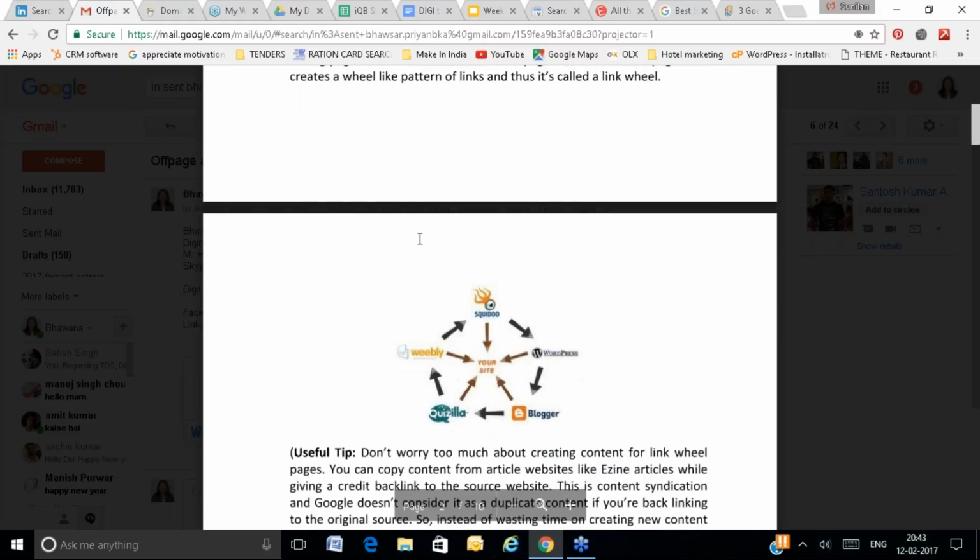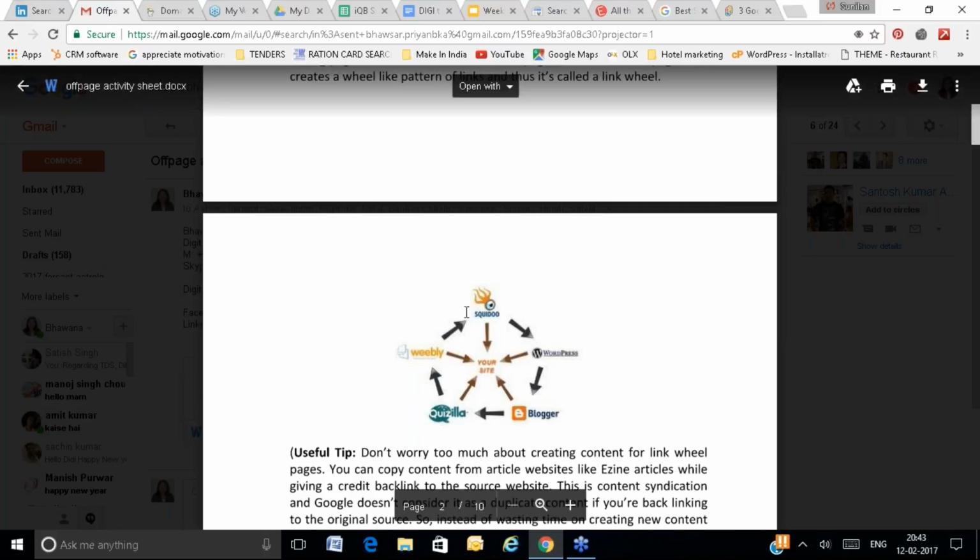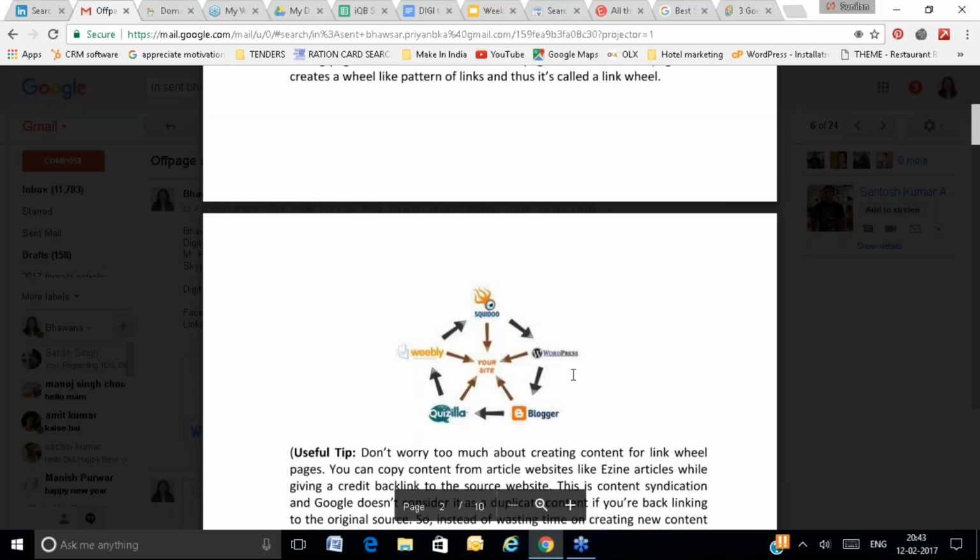How can you create the link wheel? These are the free blogging websites. Tumblr is a free blogging site, WordPress is a free blogging site, Blogger is a free blogging site. So on the free blogging websites, you will publish your content on Tumblr, WordPress, Blogger, Quizilla, Weebly, Wix.